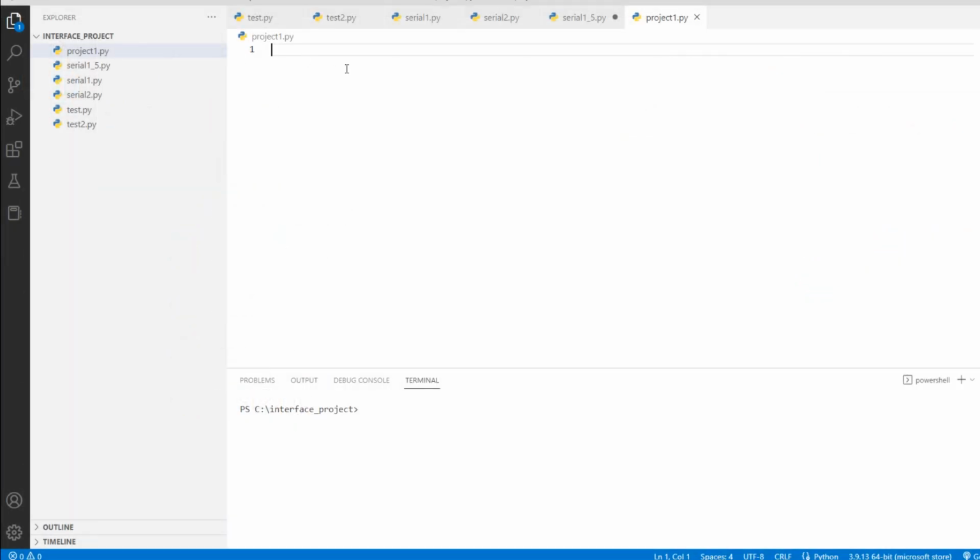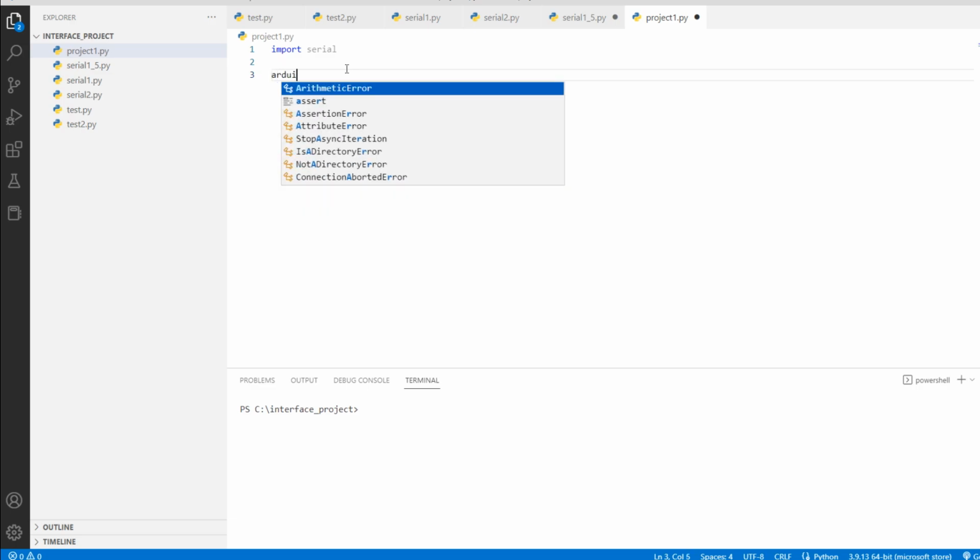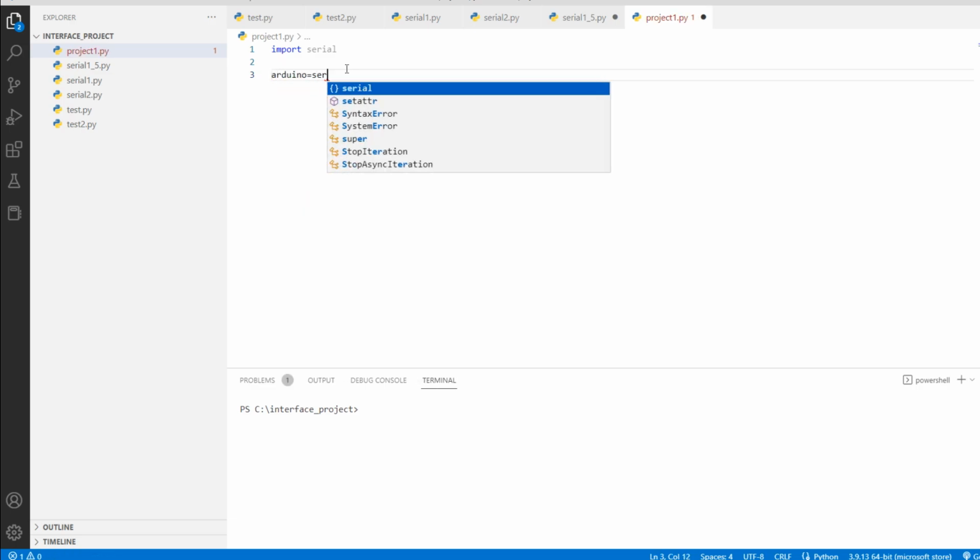And as you know, if you want to use serial communication between Python and Arduino, what we have to do now is import the serial module in Python. For this reason, let's import the serial module and move to a new line. In this new line, we need to call our serial class in an object. For this, let's create a new object here. Let the object name be, for example, Arduino, and put an equal sign and call the serial.Serial class